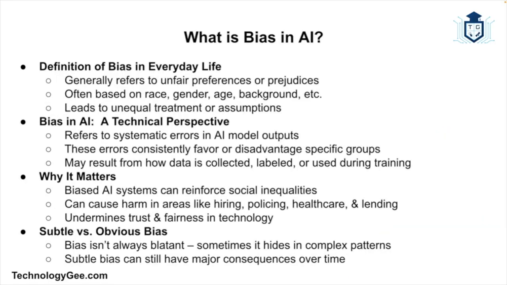First, what do we mean by bias in AI? In everyday life, bias usually means having an unfair preference or prejudice. In AI, it's a bit more technical, but just as impactful. Bias in AI refers to systematic errors in the output of a model that unfairly favors one group over another. In plain terms, if your AI treats some people better or worse than others based on factors like race, gender, age, or background, then that's a biased system. Sometimes the bias is subtle, sometimes it's shockingly obvious. Either way, it's a problem that can have real world consequences.